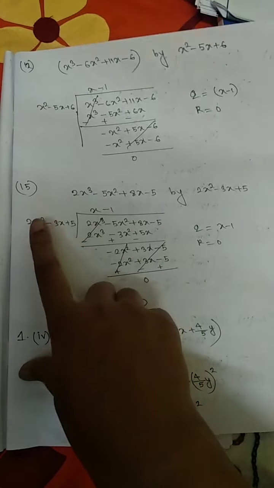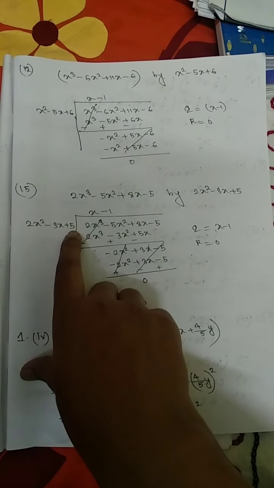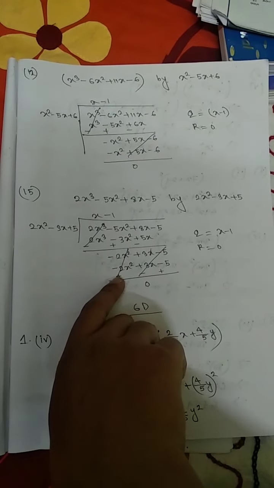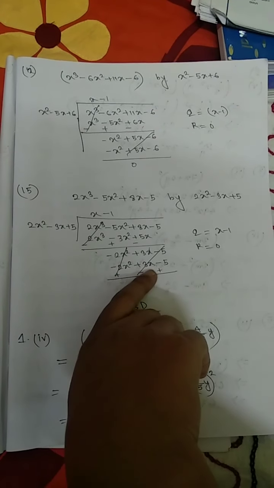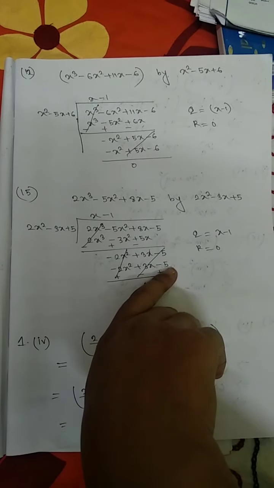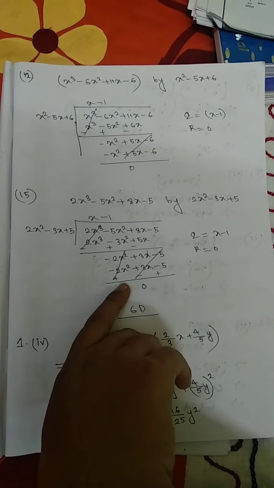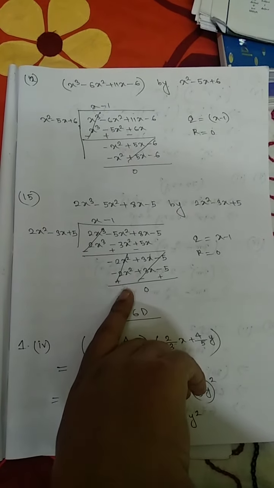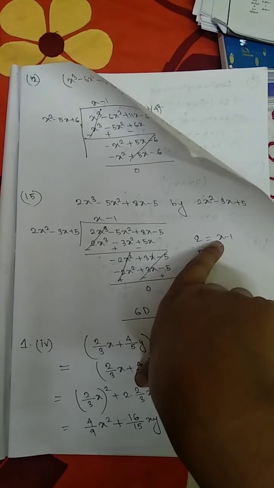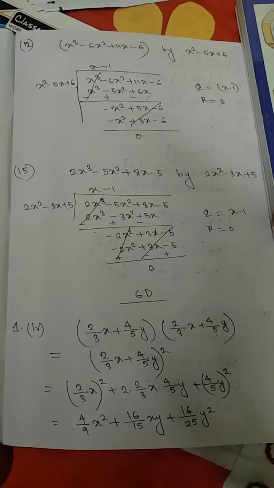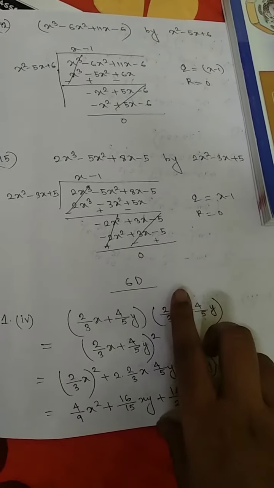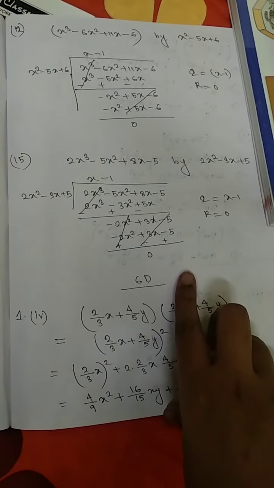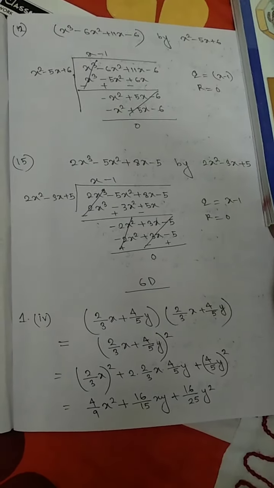Now if we multiply 2x square minus 3x plus 5 with minus 1, then we will get minus 2x square plus 3x minus 5. Now again, as per the subtraction rule, the sign will be changed and the whole expression is cancelled out. So again the remainder is 0 and the quotient is x minus 1. I think for you the division is already clear, as you have already done it in your previous class.